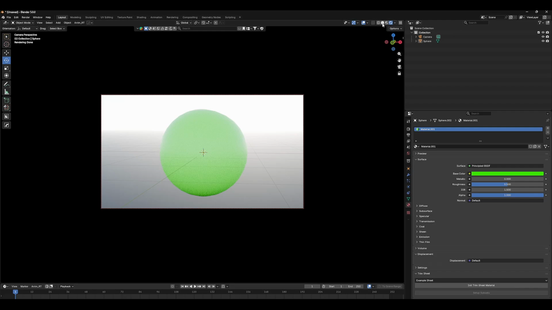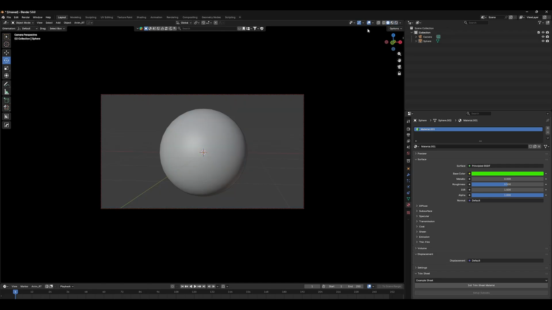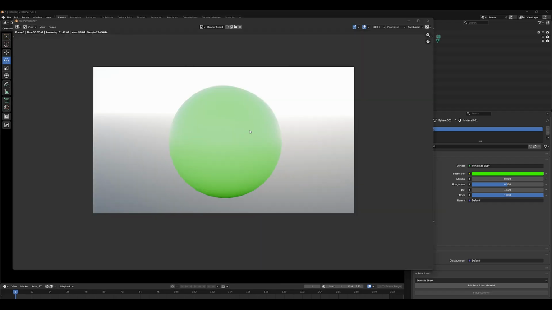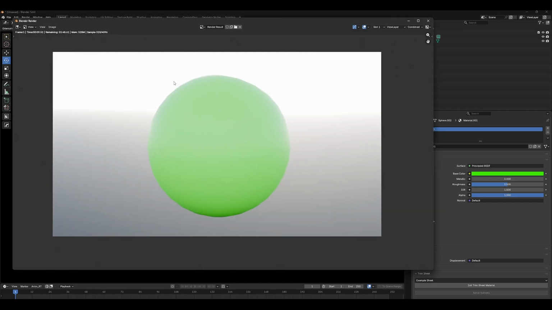Basically, you just have to go back to your viewport shading mode. You don't have to go back, but it is ideal to go back to the viewport and then render, because it will save your computer resources. And then on your keyboard, you just press F12. So you can see this is rendering out my image, and this is my sphere. You will see in the upper corner it is rendering right now, and it will take a lot